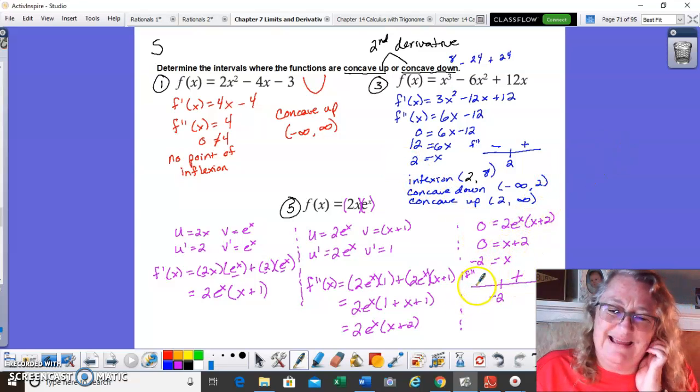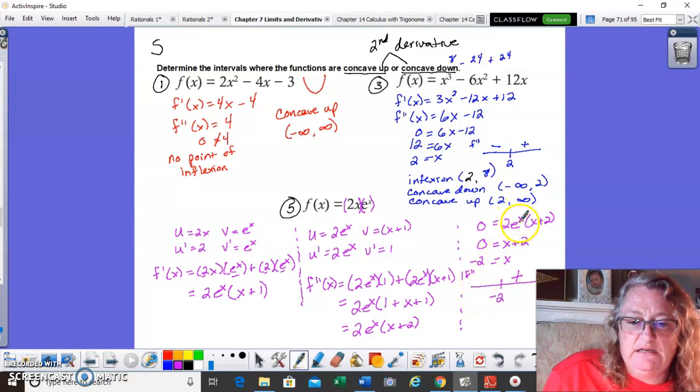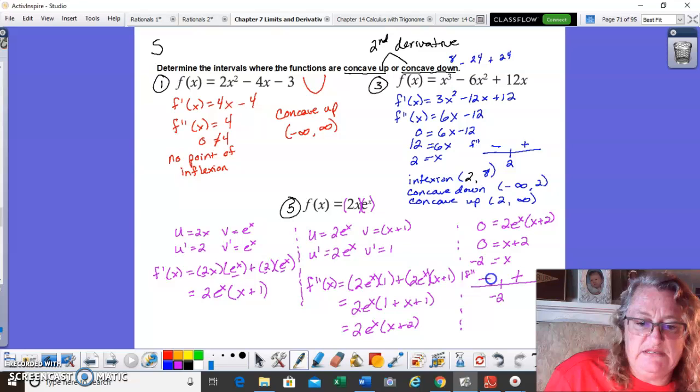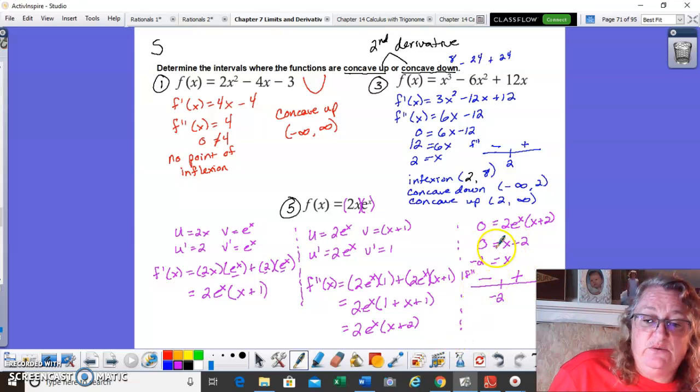All right, so now let's do negative 3. So negative 3, that would just make it go as a numerator, so that would still be a positive, but that would be a negative, which means that's a negative. Okay, so we do have a sign change, and we have a second derivative equal to 0, so that means we have a point of inflection